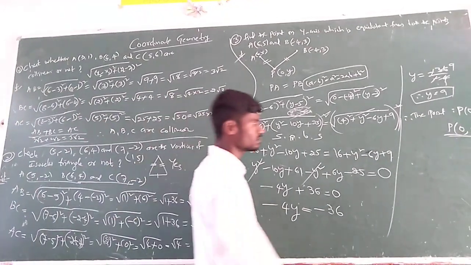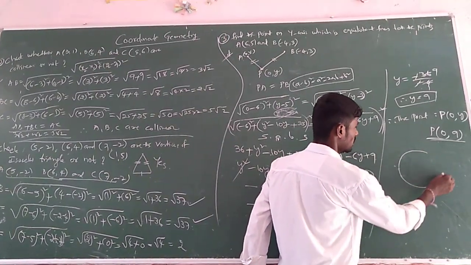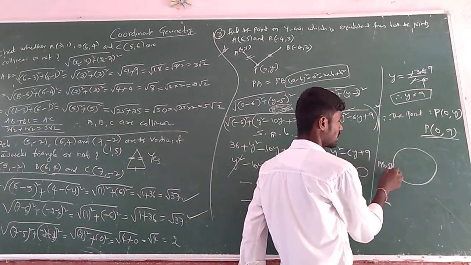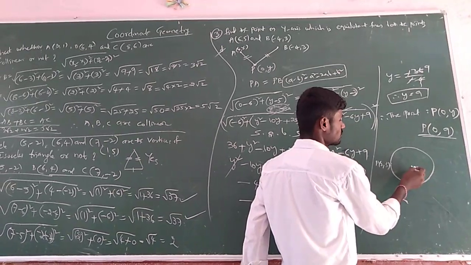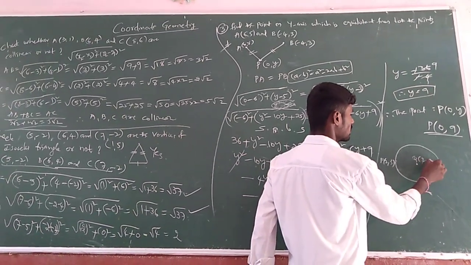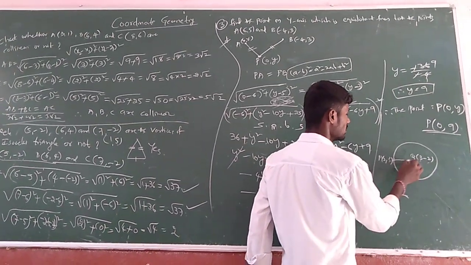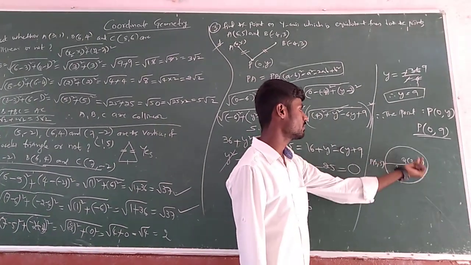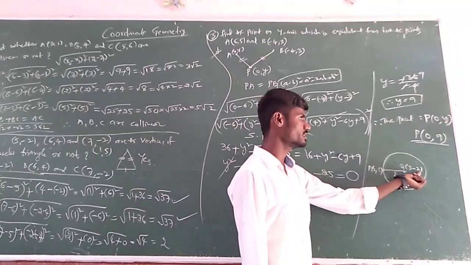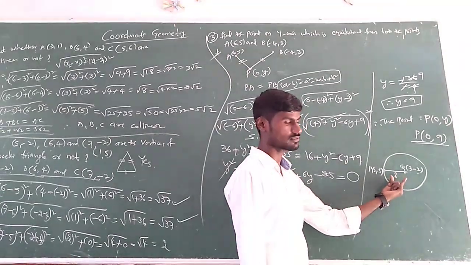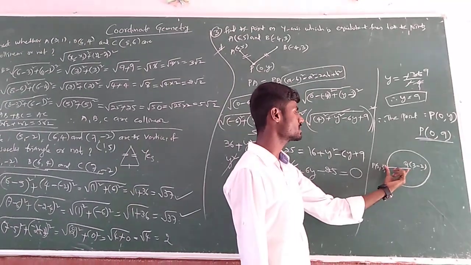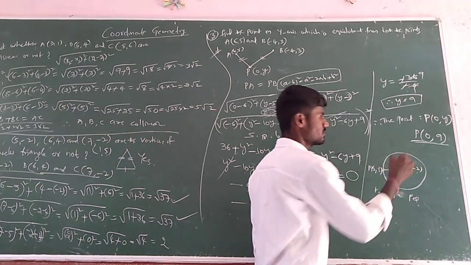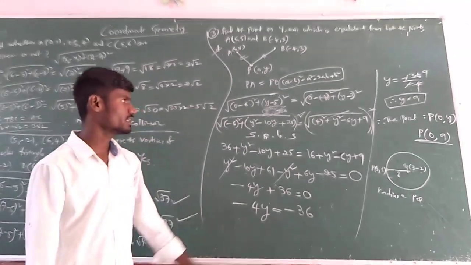And one more, they may also ask based upon a circle. How they ask: if a point P (2, 5) is a point on a circle and another point Q (3, -2) is its center, then what is its radius? Means a point (2, 5) lies on a circle and (3, -2) is its center, then find the radius. They may ask 1 or 2 marks. How can we find it? Directly find the distance between them. PQ is the radius. Radius equals PQ. Again the distance formula. So students, be concentrated on this topic.